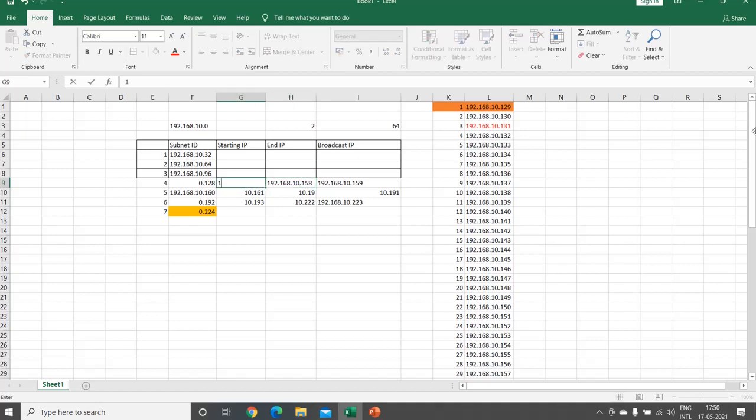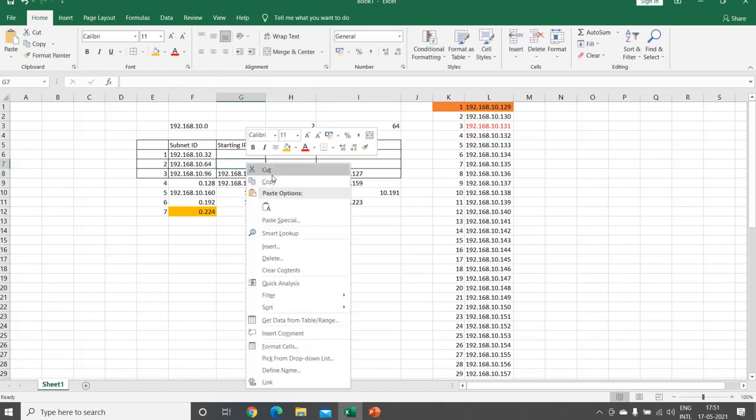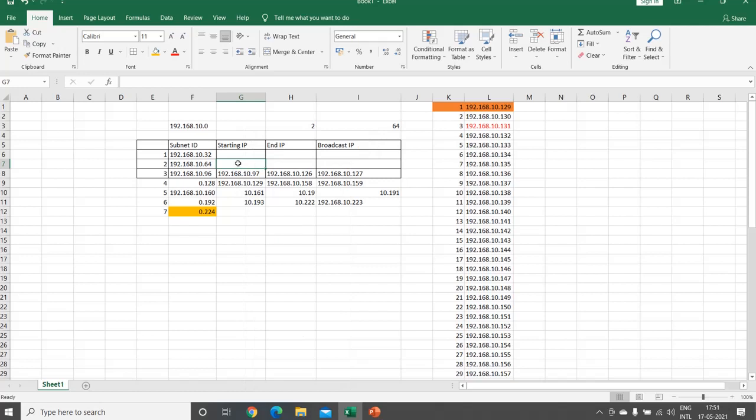So it will be 192.168.10.129. Then 192.168.10.97. So what I will do, I'll copy this. 97 is this one. 128, so it will be 127, 126. So likewise, I will have to build it.